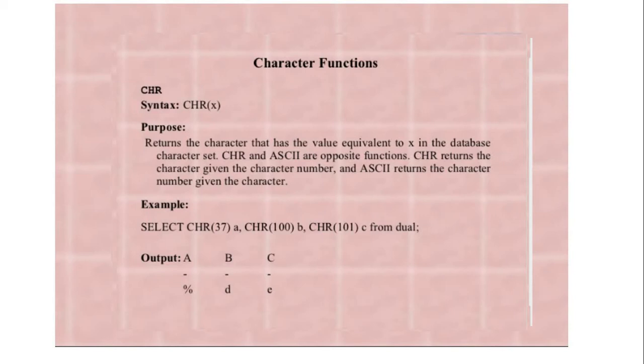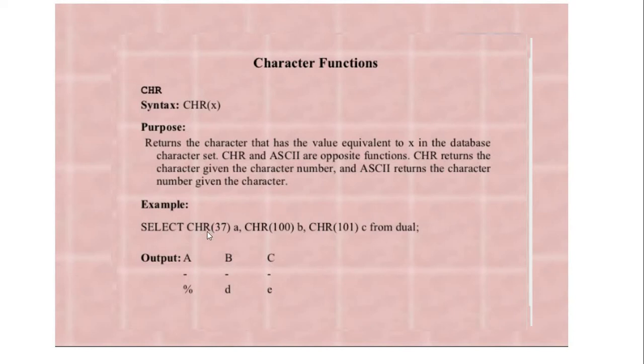So you can see here that in this select command we are using CHAR 37, CHAR 100 and CHAR 101, and we are also using some dummy names like A, B, C that are here to rename the outputs that are going to be printed on the screen.